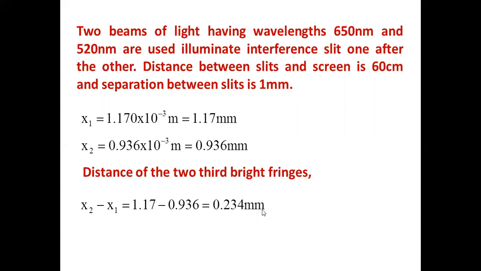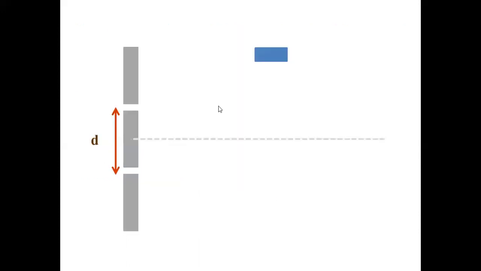In the same way, you may be asked to find the distance of the seventh dark fringe, which is 6.5 beta, 7 minus half beta, right? 6.5 beta. And what is the distance of the third bright fringe? What is the distance between them? Find so many betas and find the difference. That's all. Now we will move on to the next part of the question.